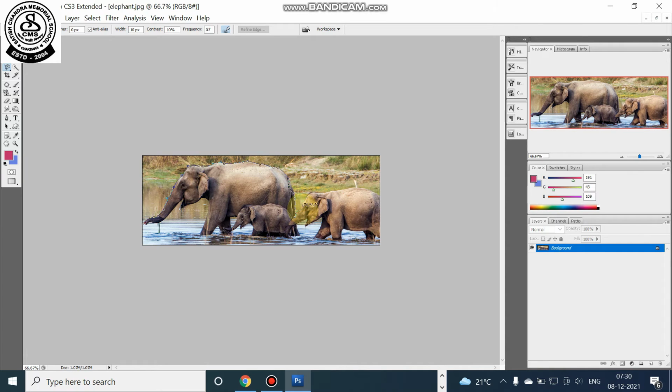You have to move your mouse pointer carefully on the edge of the elephant body, and after moving a particular section, you just click it. We are moving the mouse pointer according to the edge of the elephant body. After that we are doing the left click of the mouse, and you can see that the elephant part of the image is getting selected according to the edge of the elephant.